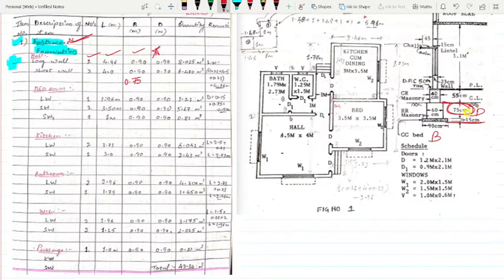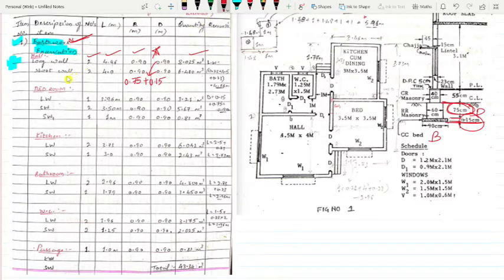And coming to the height, I am doing it here. 0.75 it is given, and the PCC is 15 centimeter PCC. 0.75 plus 0.15 is 0.90. So our depth is 0.9 meters. Got it? Same thing for both the long wall and short wall. So multiply all the three, you get 8.035 meter cube.